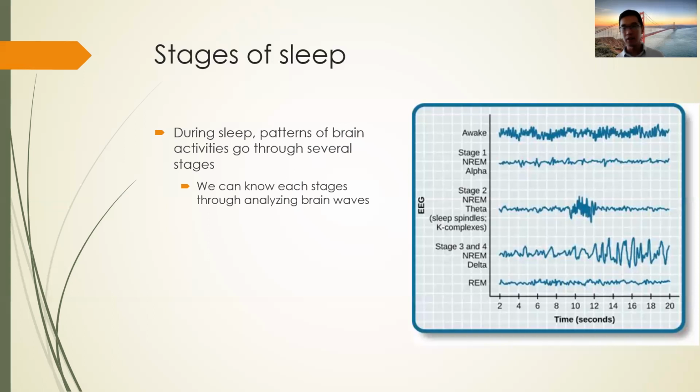Animals or humans are not like stones. Stones don't send waves into the environment, but our brain is sending brain waves to the environment all the time. If we use appropriate equipment, we can capture and analyze those brain waves. That's why we know there are different stages of sleep. We can see on the graph on the right, there are different patterns of brain waves for different stages.